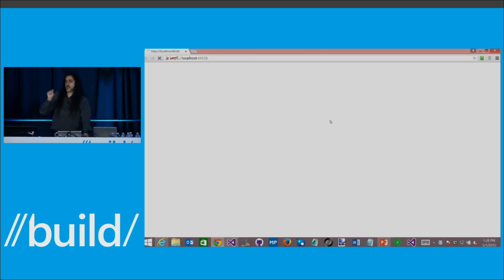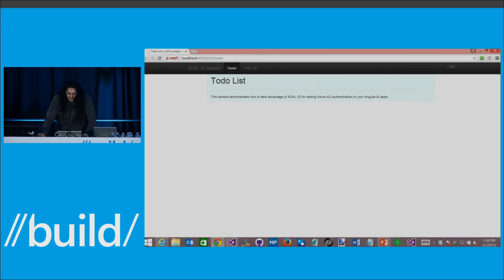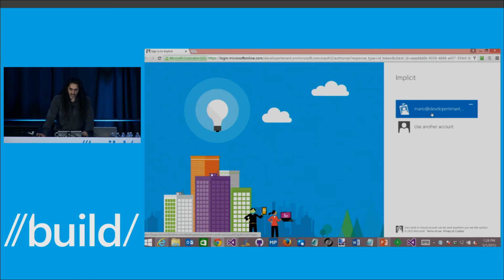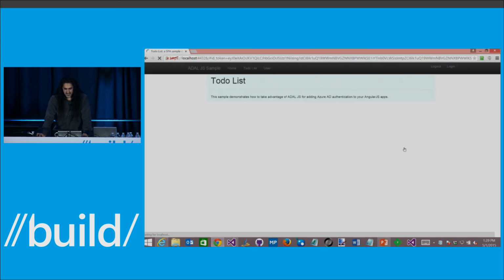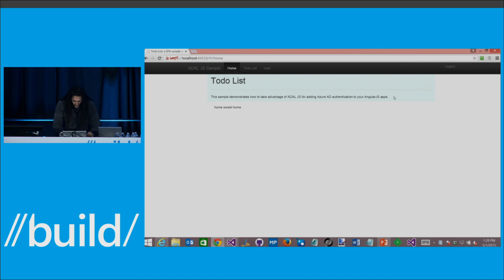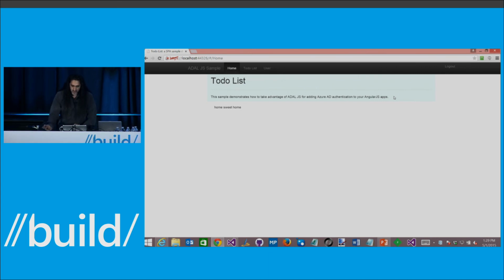Of course, you can also have the sign-in part. So here I have a very simple JS app. If I hit login, I get bounced to the right place. I want to be Mario today. Come on, Mario, sign in. No? Maybe. And voila. So at this point, if I hit F12, then if you are familiar with the Chrome developer tools,